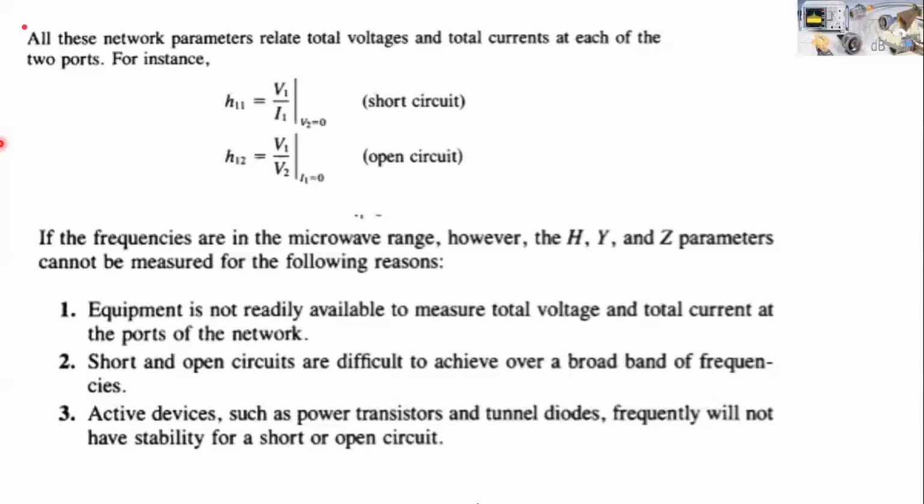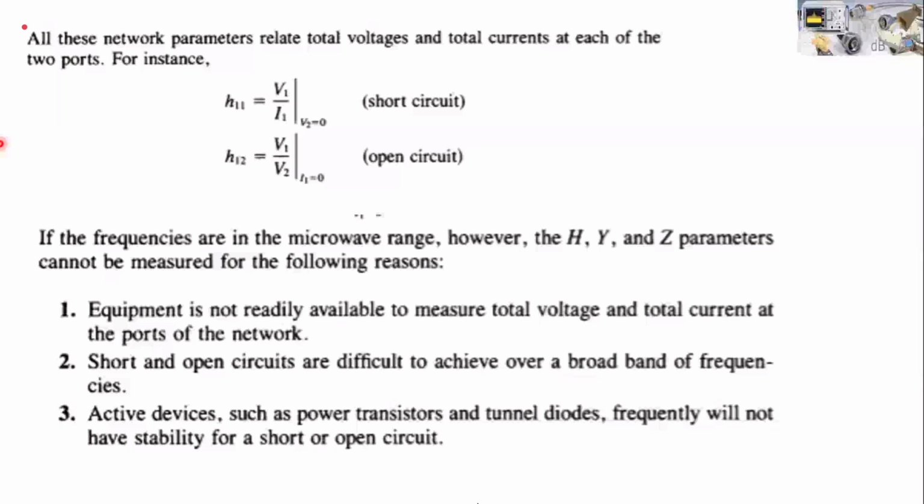But since you are working at higher frequency and you have microwave junctions, in that scenario the analysis of these two port devices at higher frequency becomes difficult by using these parameters A, B, C, D, all these parameters. Okay, so how to analyze a microwave circuit by using two port parameters at microwave frequencies? So we require S parameters.